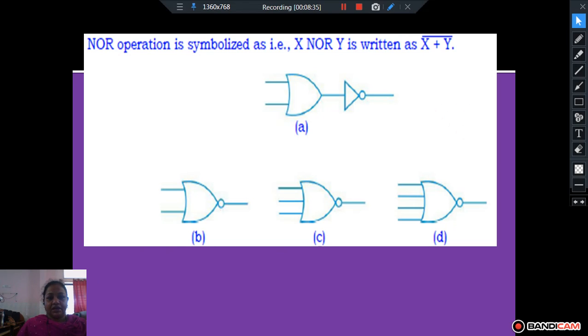So this is the logic symbol. As I told you, NOR is the complemented OR gate.